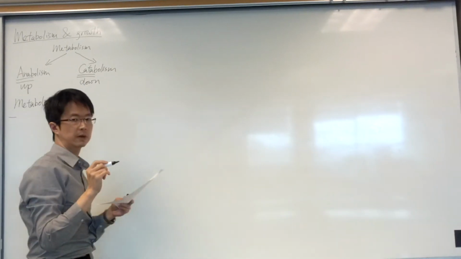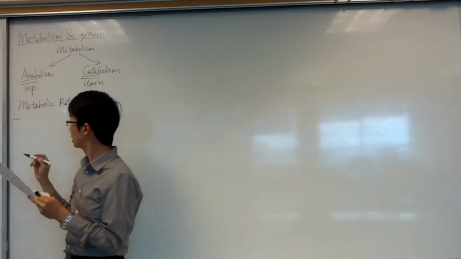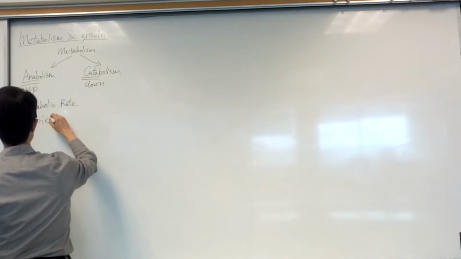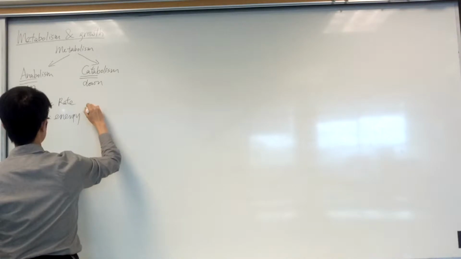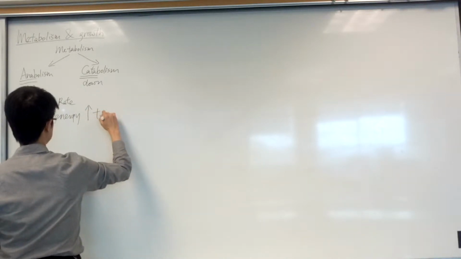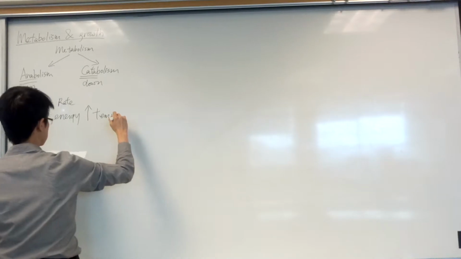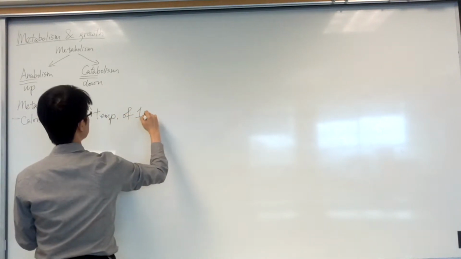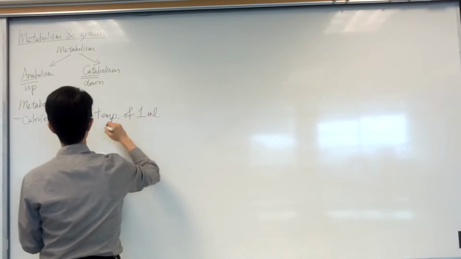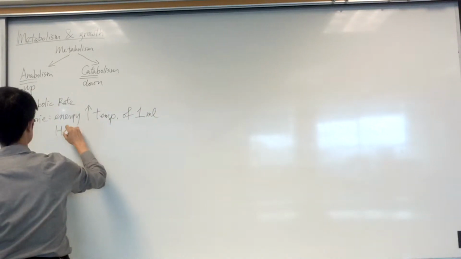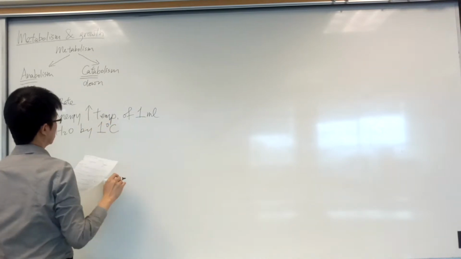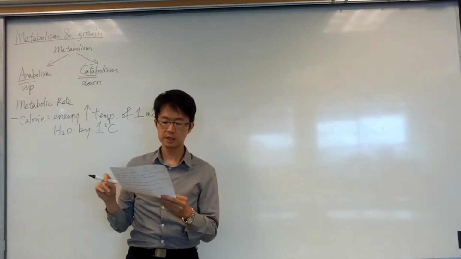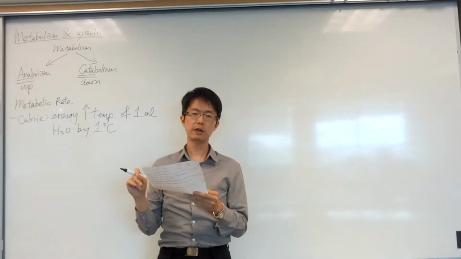The unit of metabolic rate is calorie. And a calorie is the amount of energy required to raise the temperature of 1 milliliter of water by 1 degree Celsius. So this is the definition of calorie, but usually in our everyday life we seldom use calorie